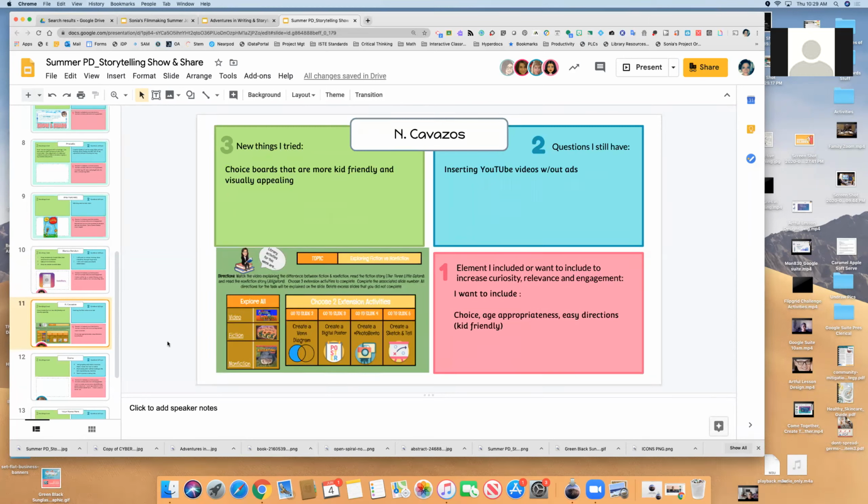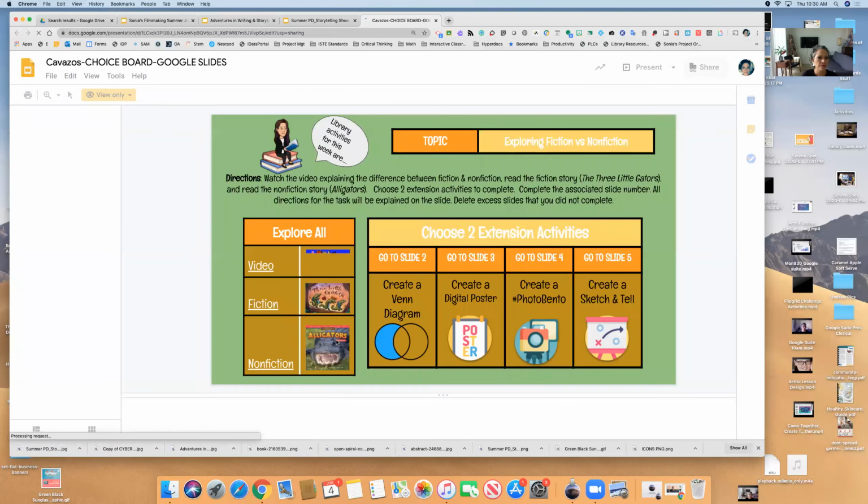So I have to come up with assignments that they'll be able to do pretty much on their own or with little assistance. I did the topic of fiction versus nonfiction, and on the left, I put the things that they have to do, the video, 2 stories, and then the other 2 that they have during the rest of the week, to choose 2 options. I didn't get to finish.